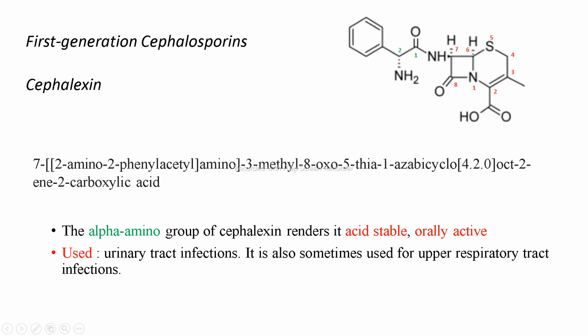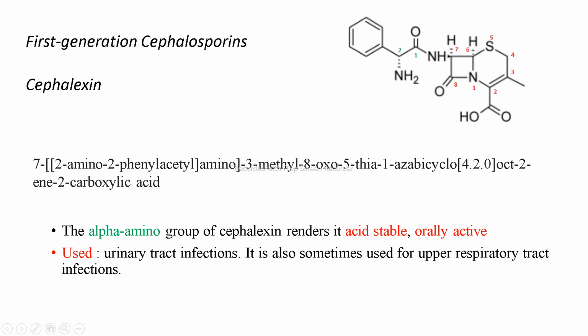Now alphabetical order. Which other substituents are there? There is a methyl group at the third position. Then there is the oxo group at the 8th position. So M and O. Of course M comes first, later on O. Then here is an amino group. So of course we have to name the structure from this amino position. But if we name the amino, then of course we have to name this phenyl also. Then later on this methyl and oxo, right?